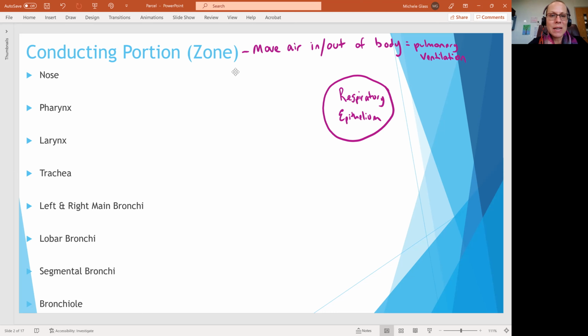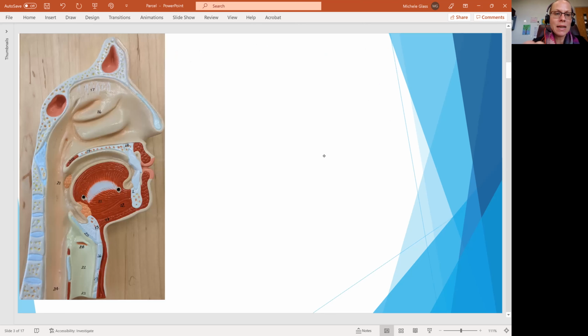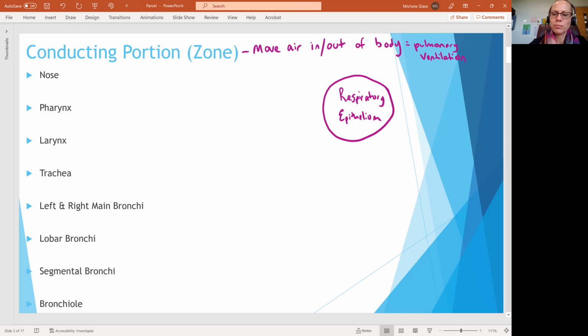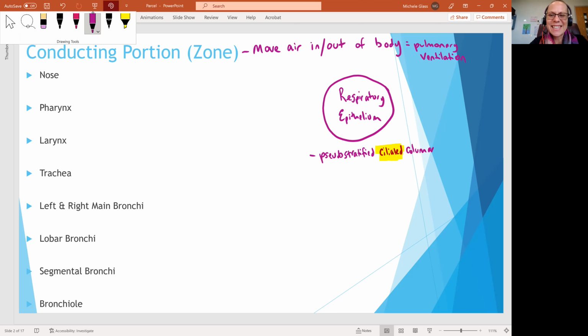It's made out of pseudo-stratified, ciliated, columnar epithelium. And I am going to highlight the ciliated term because that will be an important part of this